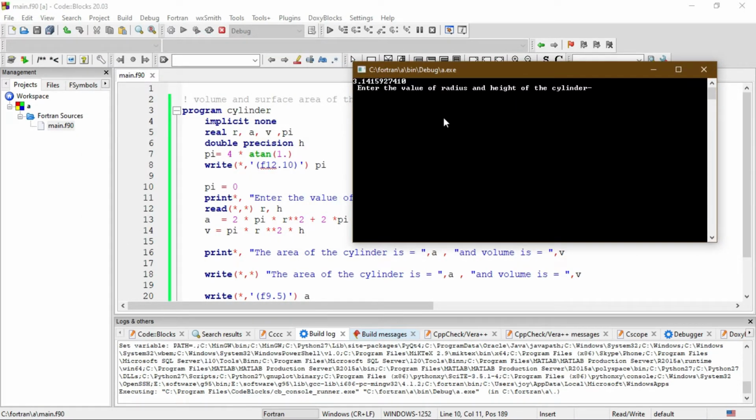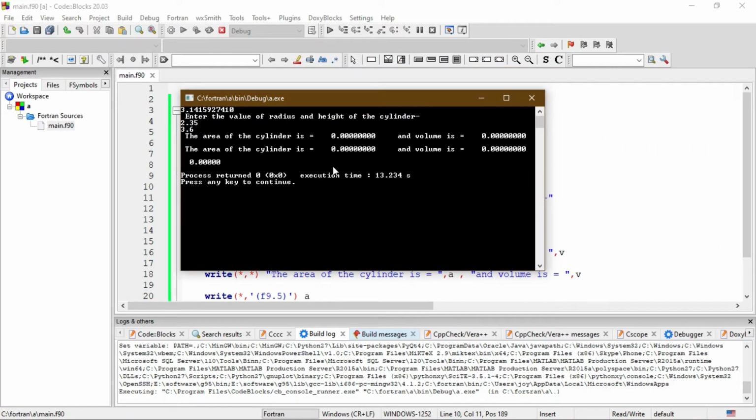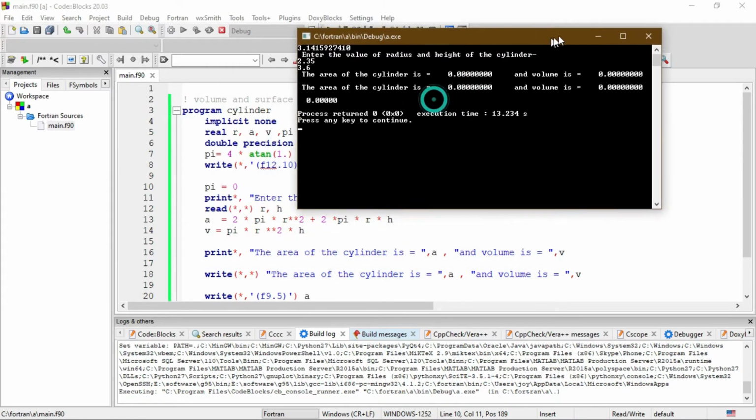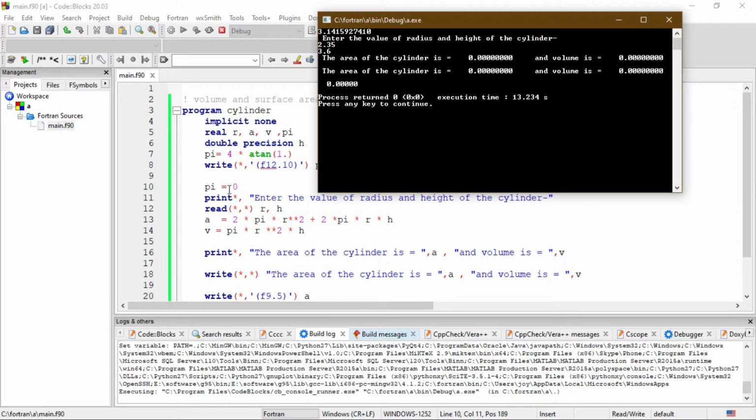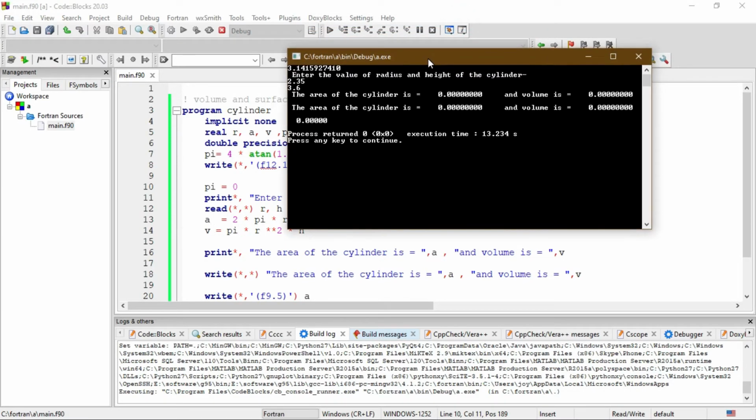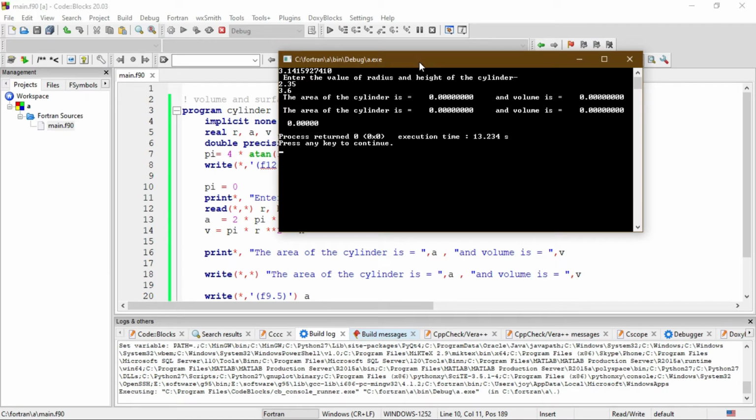Now if you enter the values, as you can see it gives all the output 0. Because here I defined pi equal to 0, and this makes these two quantities, area and volume, 0. So it seems that the previous assignment of the value of pi is no longer valid. But we know the value of pi is a constant number. It always has the value